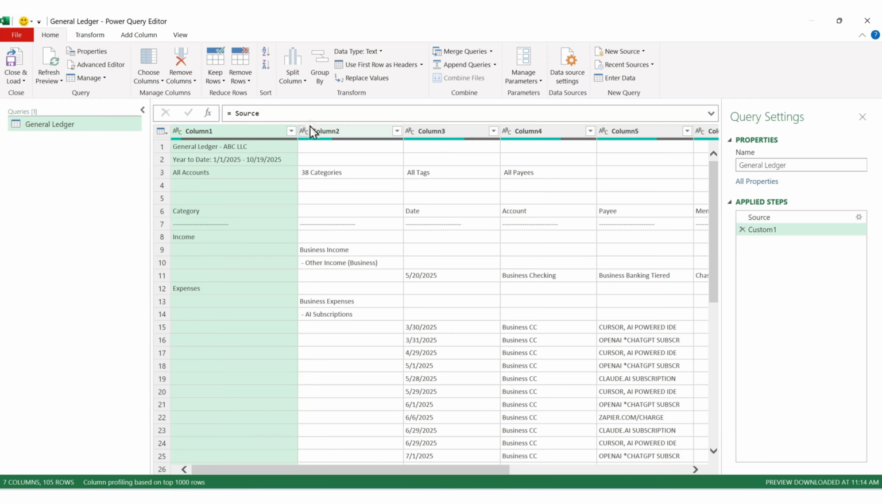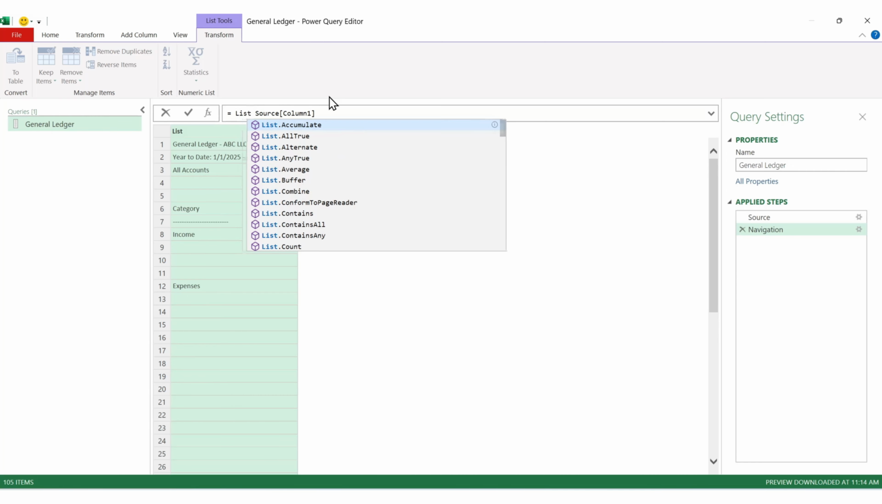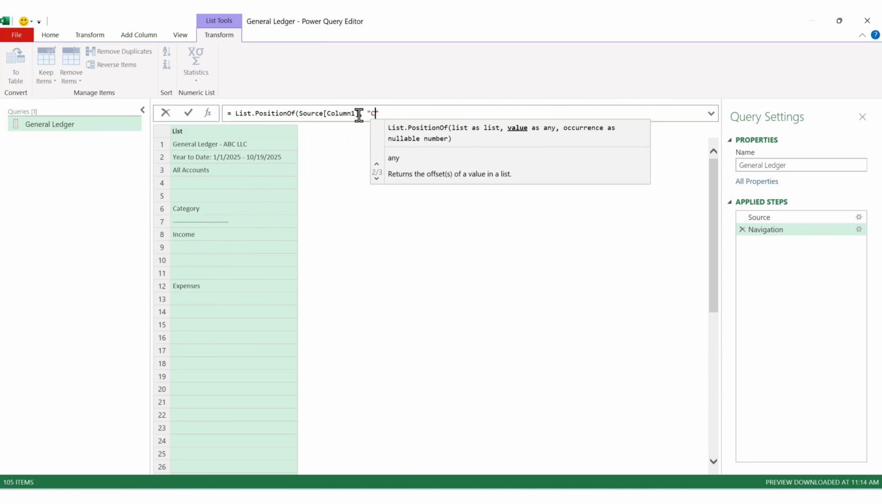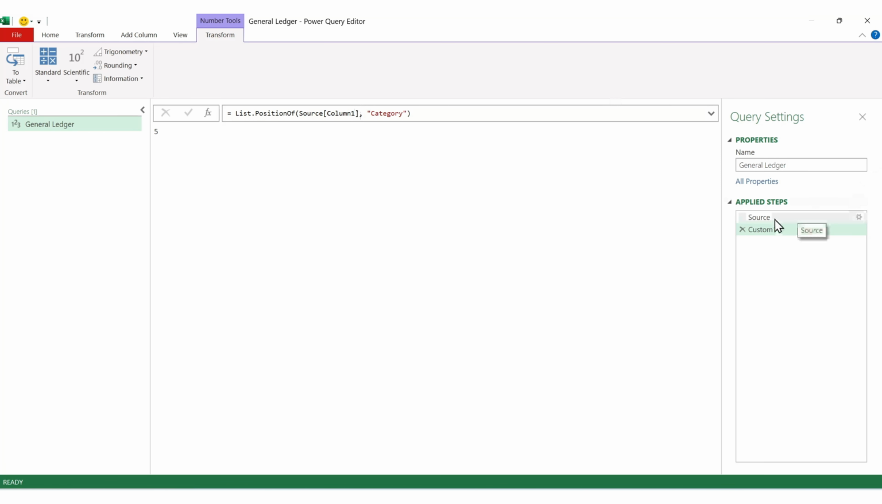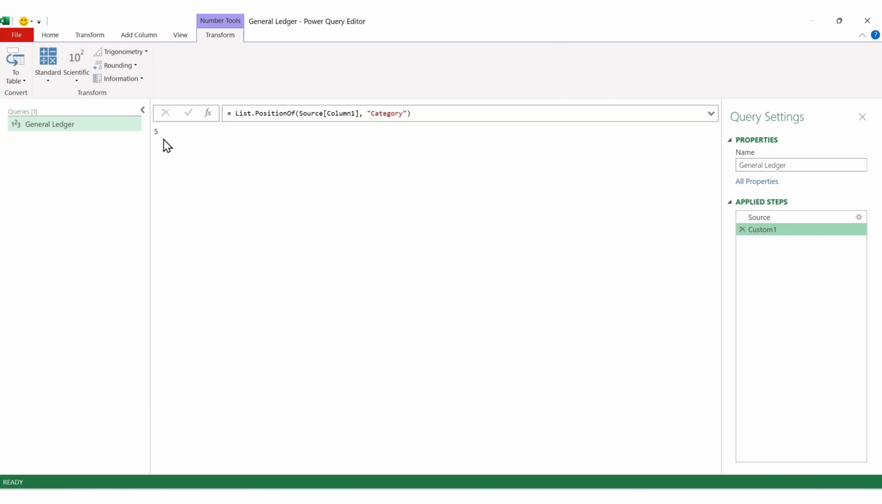Time to roll up our sleeves. The first step is figuring out how many rows we need to skip before promoting our headers. To do that, we're going to isolate the first column. In Power Query, open your brackets and select just column 1. That gives us a list view. Now, here's a neat trick. We can use the List.PositionOf function to find out exactly where our header row begins. Type in Category, and Power Query will tell you that it appears at position 5, meaning it's 6 rows down